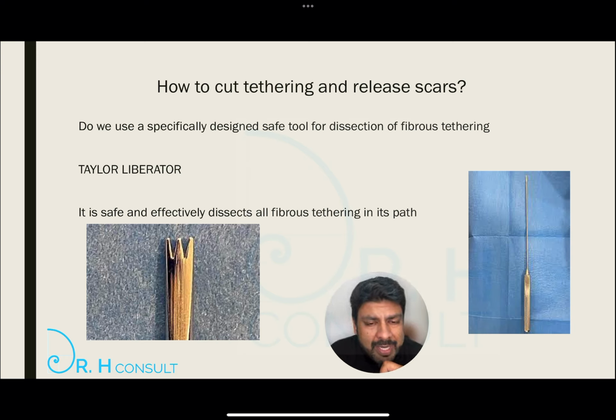Let's talk a little bit more about the Tailor Liberator tool itself. As you can see, when we are performing the subcision, when we advance the tool, it cuts. Now, the advancement of the Tailor Liberator probe will cause gathering of the fibrous tethering in the notches, and at the base of the notches, the very narrow V-shaped end of the notch, it will cut the tethers. The prongs are blunt, so this allows the tool to be advanced safely and come to a halt when any major important structures are lying in front of it. So this makes tethering the focus of the dissection, and larger structures,